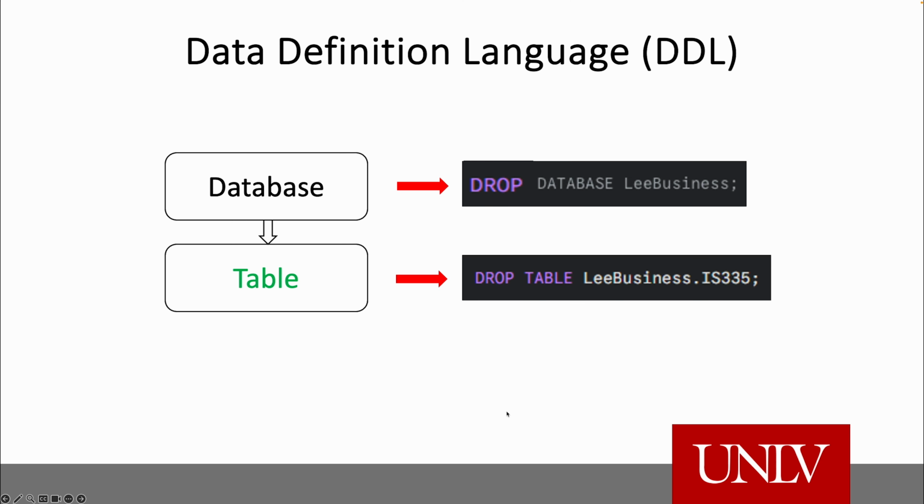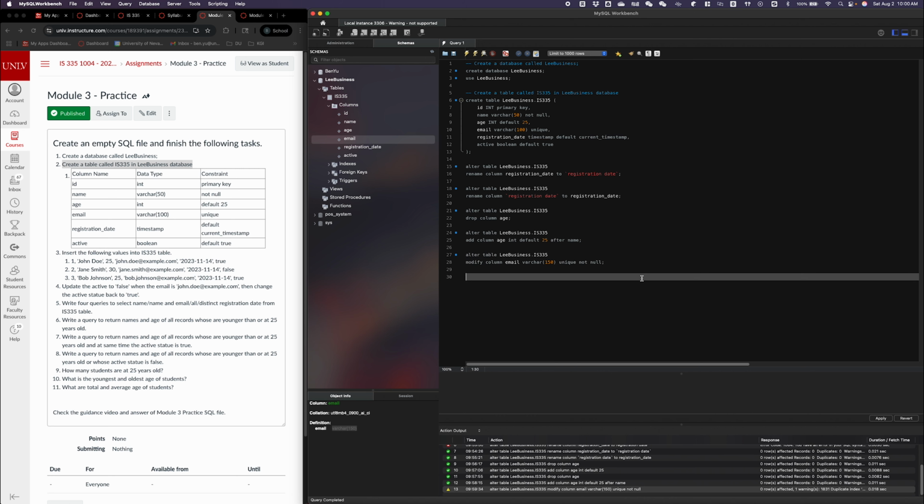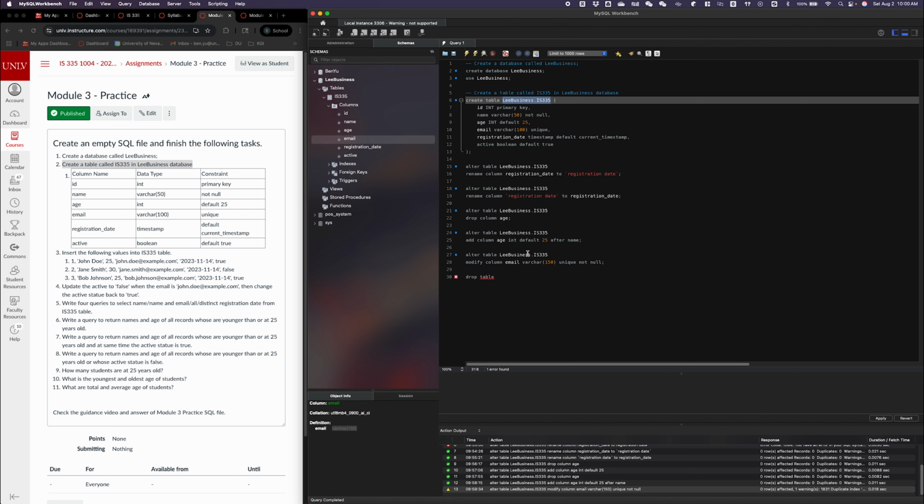And the last functionality of the DDL is that we can drop. Okay, we can drop the table and we can drop the database. So it can delete the database and table. The drop database will remove the entire database, and the drop table will remove the whole table and all of its data. So we can drop table, okay, called lead business IS335. And if we execute this one,